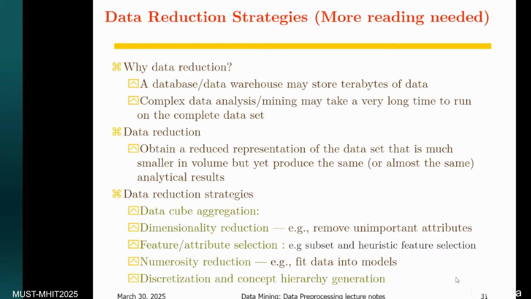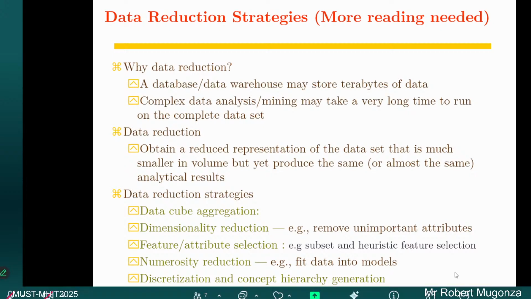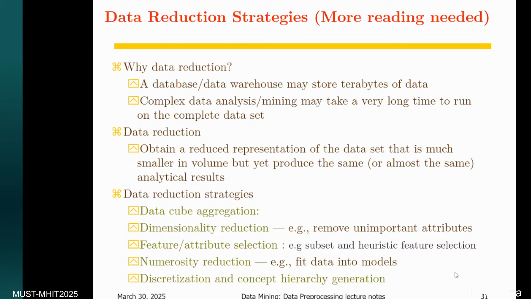Data cube aggregation is simply looking at the values that we have and their type, and seeing how these values can be further reduced into a much smaller size.